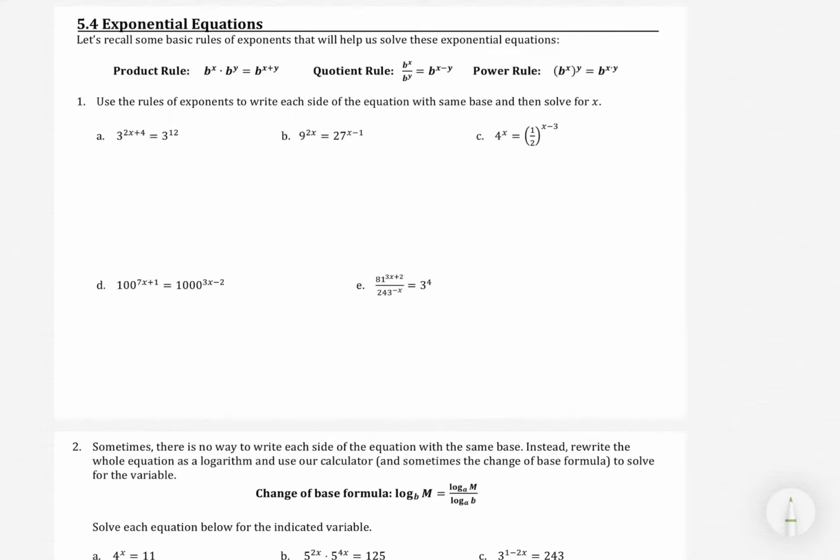If you'll notice, this is one PDF, because I've smashed the two tasks together, making them a little bit shorter. So hopefully this helps you get started. If you have not reviewed those exponent rules from last week, maybe have those out or go back and look at them. That's going to come in handy as we kick off 5.4. So here we go. I'm going to dive right into 5.4